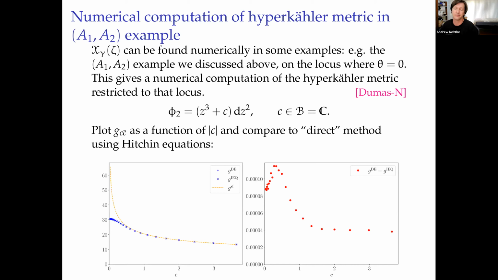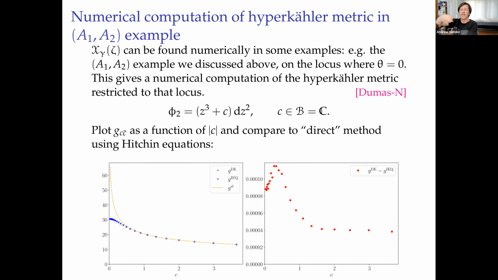So suppose I take that parameter. We had a parameter that controlled the linear part of the polynomial, but suppose I set that part to 0. So I just write the polynomial, the quadratic differential, z cubed plus a constant. And that constant, that c, is a complex number. So in this case, our integrable system is complex 2-dimensional, but we're just studying a section of the integrable system. So we're just studying the complex plane. We're studying a metric on the complex plane. So it's the restriction of this hyperkähler metric to that plane. Then it's just a Kähler metric.